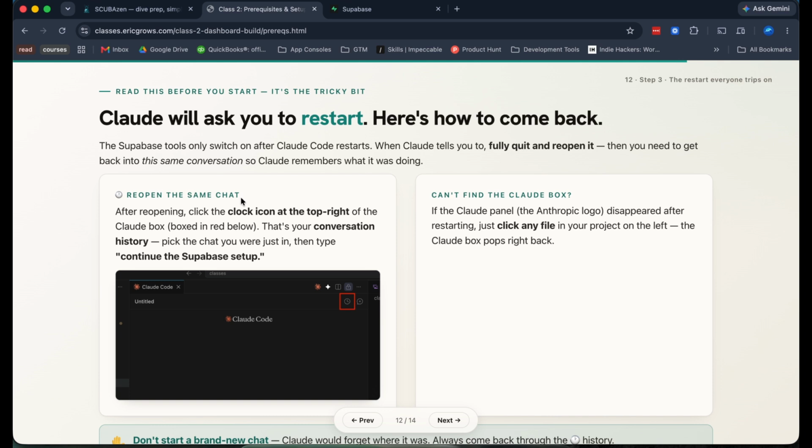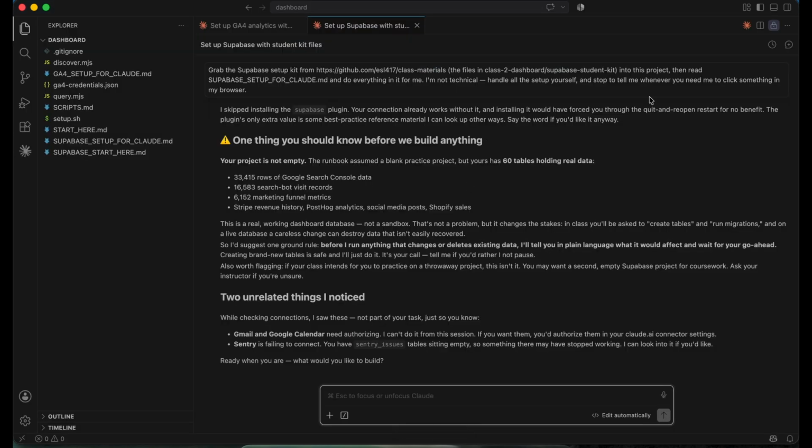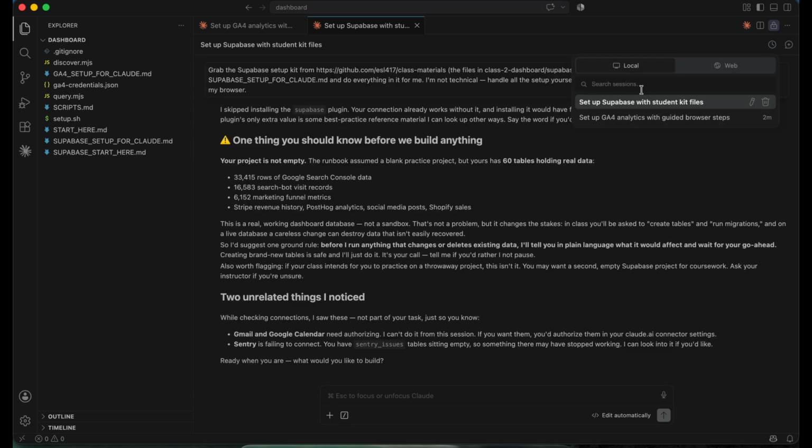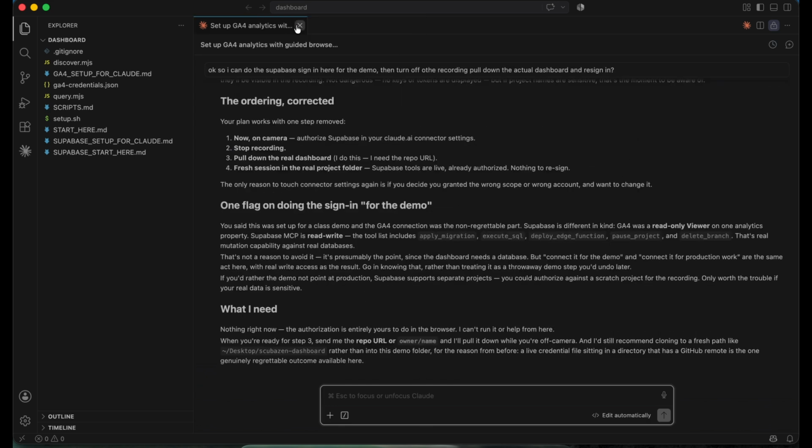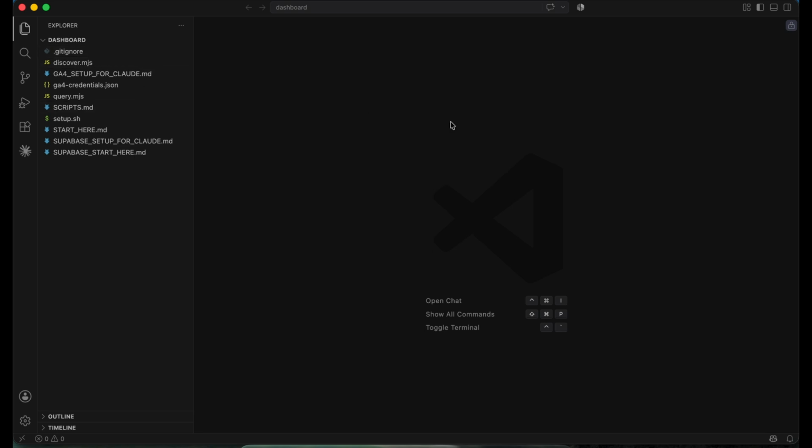And so in order for it to load into Claude, you're going to have to reopen the chat. So what you want to do is look for this clock icon. This is your historical conversations. So I'll show you right here. These are the historical conversations. So what you'll do is, okay, we're completely out of it.